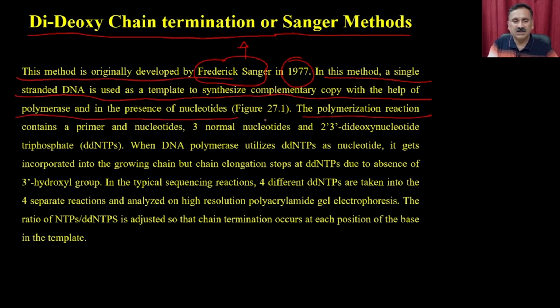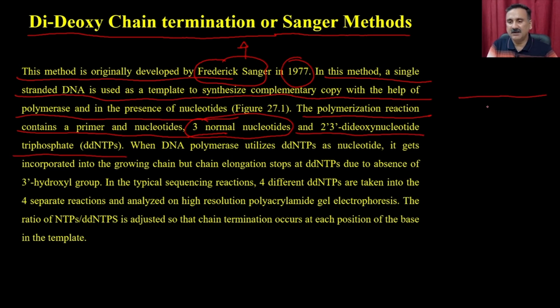The polymerization reaction contains a primer and a nucleotide. So you can have the three normal nucleotides and a 2',3'-dideoxynucleotide triphosphate. This means you are going to take the single-stranded DNA and perform the PCR with the help of the three nucleotides, which are going to be normal, plus one nucleotide which is